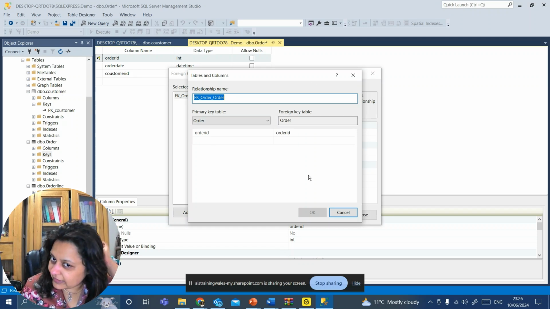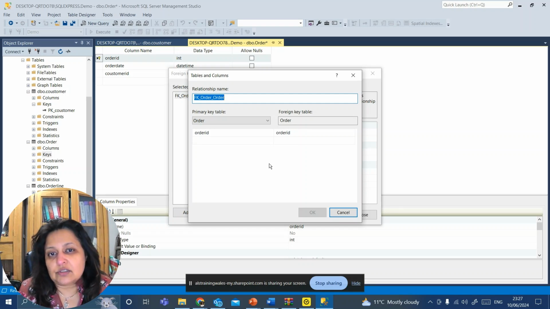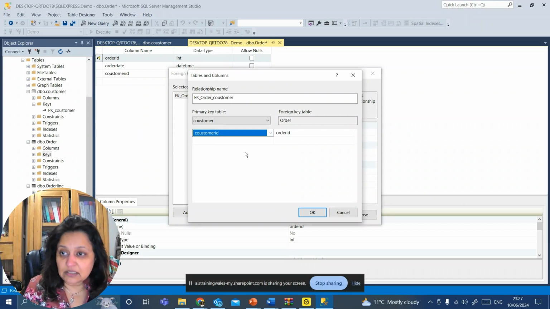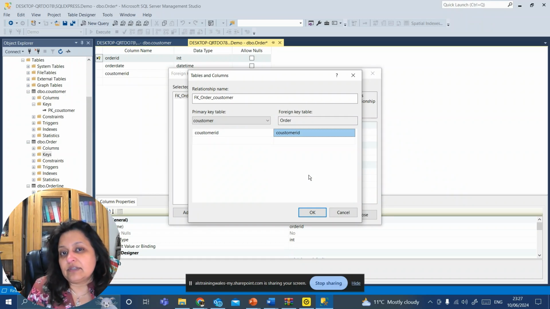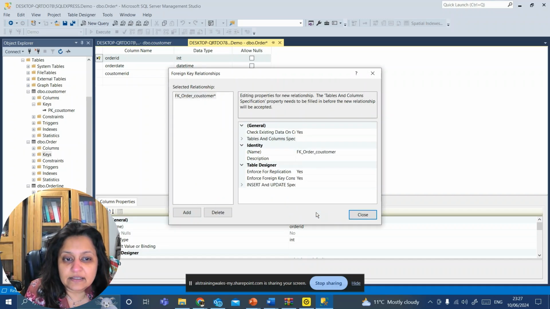Now you need to think of one thing: which table has the primary key, and what is the name of that primary key. So the primary key is part of our customer table. And if we look at this, what is the key name? Customer ID. So customer ID is the primary key on the customer table, and it will become a foreign key on the order table. So I want to create it in the foreign key table. Then I click on OK, and I'm going to close it,